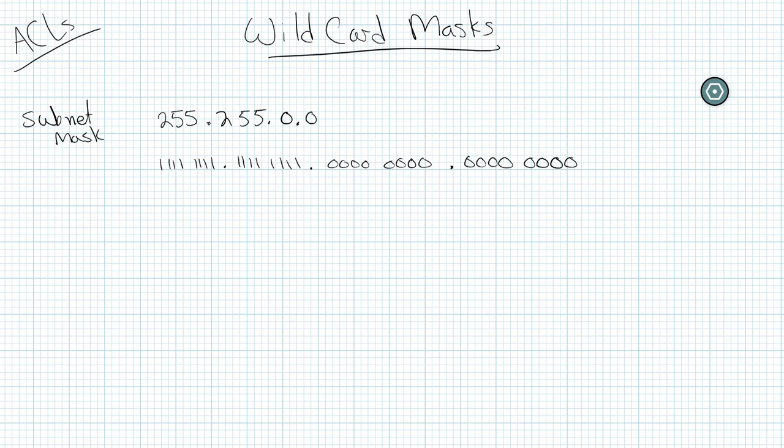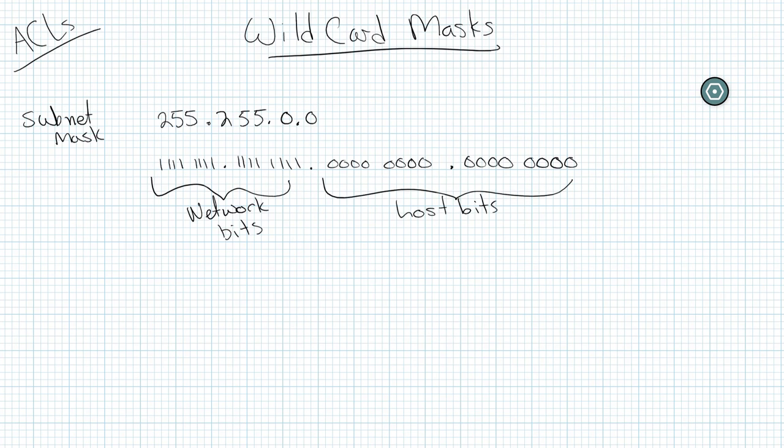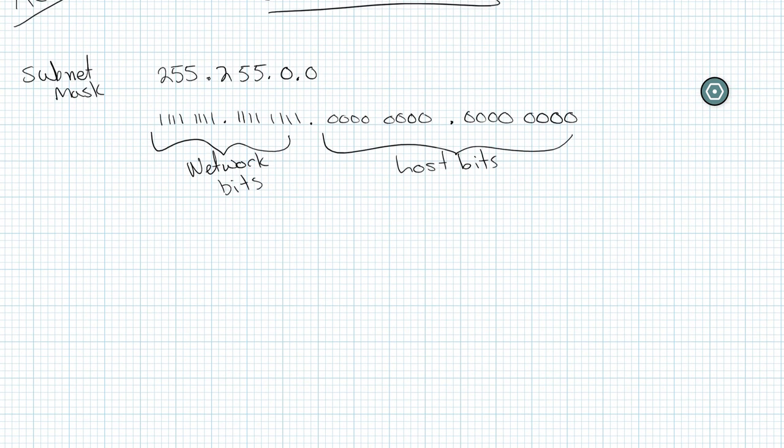255.255.0.0. When we were looking at subnet masks, all of these ones represented the network bits. If there was a 1, we knew that was network bits, and all of the zeros represented the host bits. So this is just a reminder. We never, ever went something like 101 or 1011. We never had ones then zeros. We always had all ones followed by all zeros. The place in which it switched changed, but it was always all ones and then all